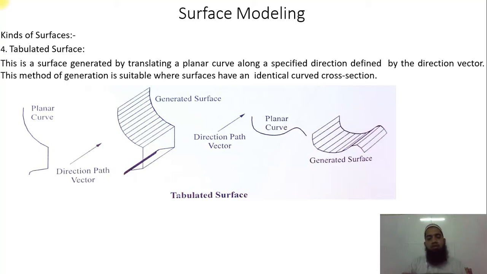In case of AutoCAD, in case of SolidWorks, a tool is directly available, and you can use that tool to generate this surface. But in case of AutoCAD, in the prompt command, you have to give tabsurf. At that time this tool is activated and you can use it. This is called the surface modeling. This is very simple, not too difficult. In the lower classes, in the second semester AutoCAD and the third semester CAMD, you have already used all these tools in the software.